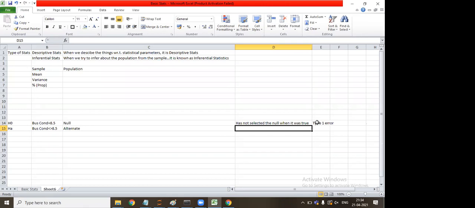Yes, sir. Now the second condition: person A boarded the bus and person B did not board the bus. When person B called person A asking how much is the rating of the bus, person A said it is pathetic, it is not even 4. Please repeat, sir. So now I will reverse the situation.